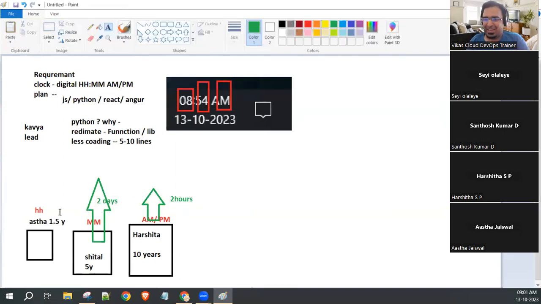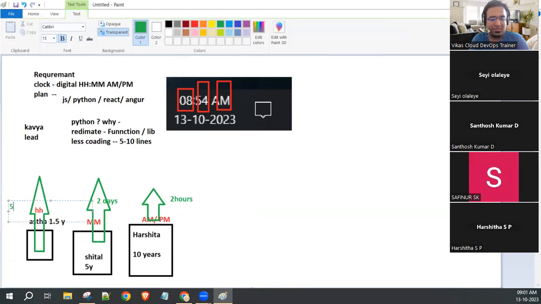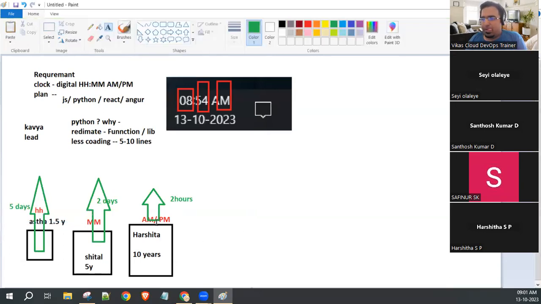And Astha is a fresher with 1.5 years of experience. So she needs a little more time, right? Yes, the manager will give 5 days minimum. Or 3-4 days, okay, 4 days. Or let's take 5 days only. Now they have written the work, they have done the work. Astha is taking 5 days for this requirement, but Harshita has done the work in 2 hours. Harshita is not helping Astha.